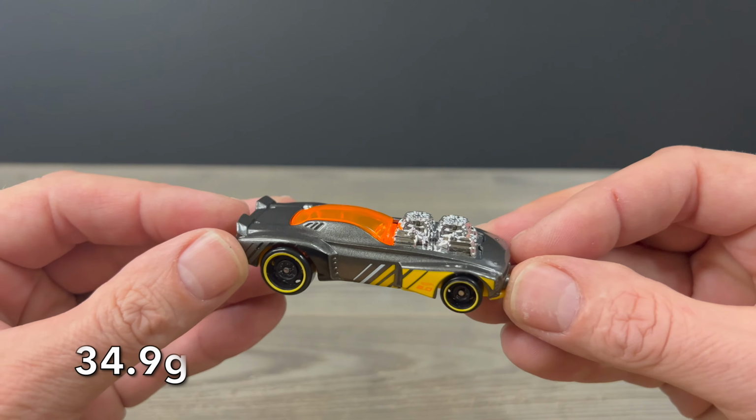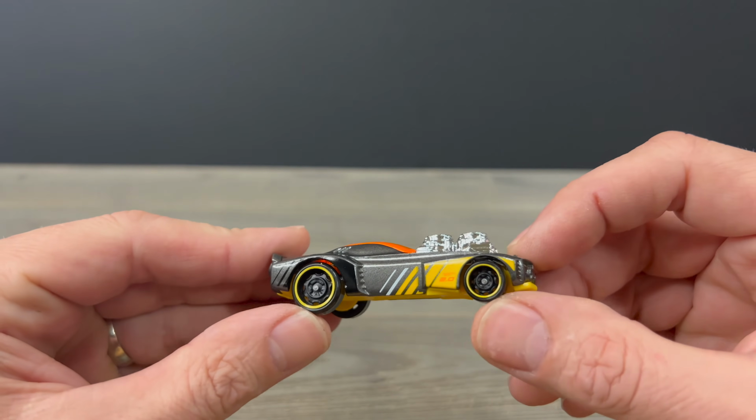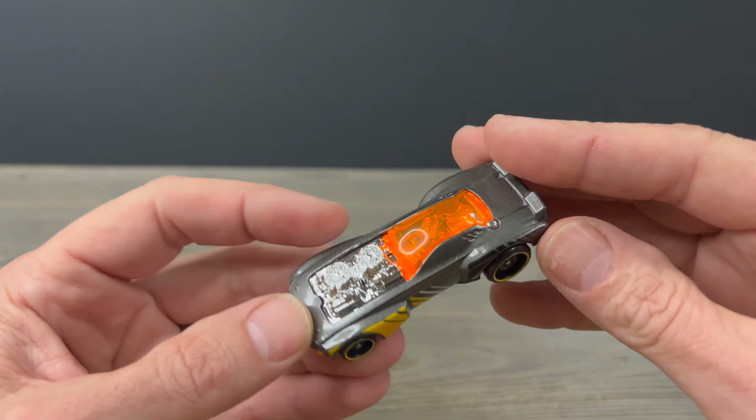34.9 grams for Rodger Dodger 2.0, and this casting has been fast in the past. We'll see how it does on the DD8 wheels. All the tampo work you're going to get is on the sides, nothing on the top, coming in a silver